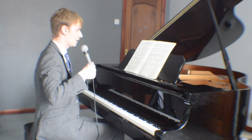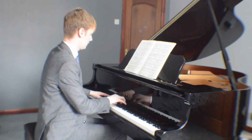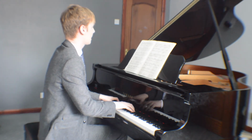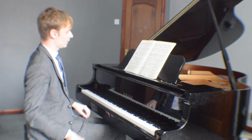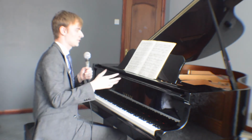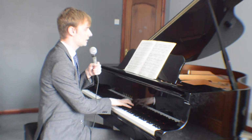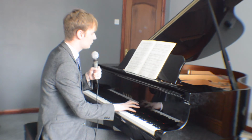So if we just give that a go. So one of the things that I would do is make sure that the phrasing in the right hand particularly is executed well, obviously as well as the left hand, but because the right hand has the melody, it's particularly important to get this correct. So you have this in the right hand, then your new phrase starts here, so you need to phrase there, then the new phrase,